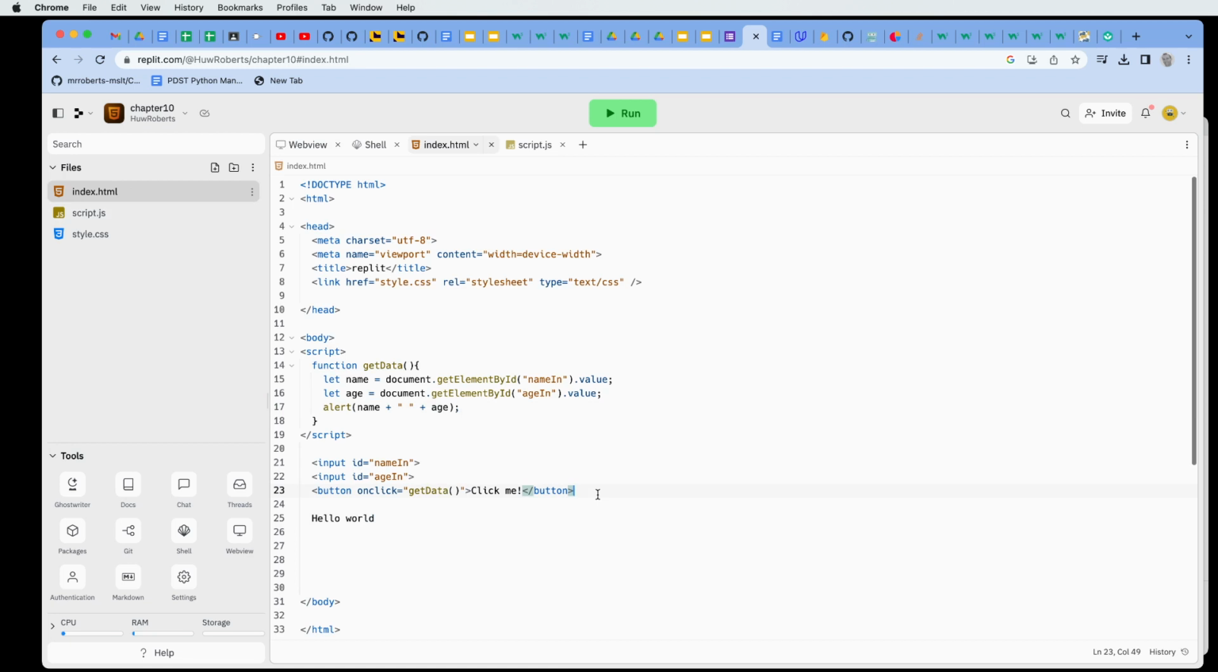Now the next section of the video will just show us how to change an alert, because alerts and pop-ups are often associated with errors. So what we're going to do instead is we're going to get the data from the name in and the age in, and we're going to show them in a new piece of HTML down here. So the first thing I'm going to do is create another input below here. So I'm going to put in a break tag, which will give me a new line, and I'm going to put another input here,